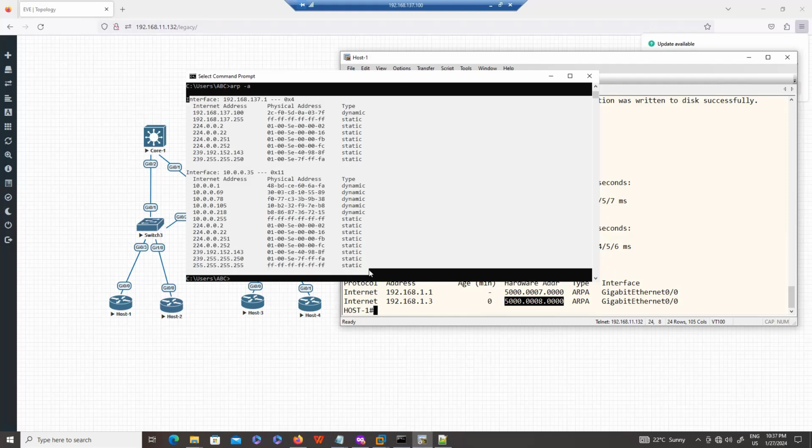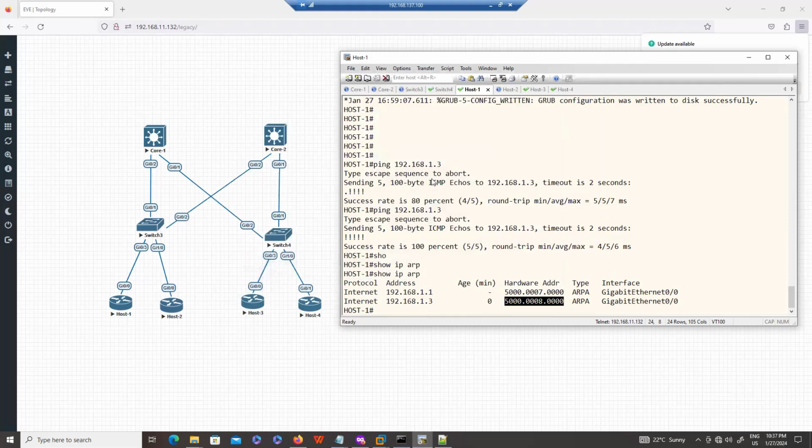So later on, guys, maybe if you didn't properly study in CCNA how communication works for a different subnet: for a different subnet, we don't send the ARP packet, we only send the ARP packet to my default gateway. Okay, coming to layer 2 communication, guys, in layer 2 communication we don't need a default gateway.